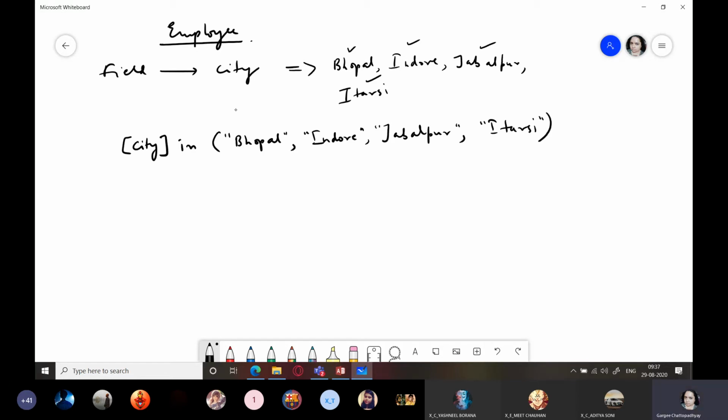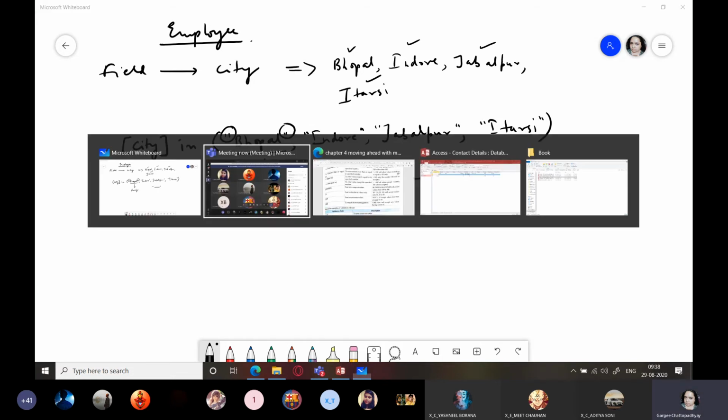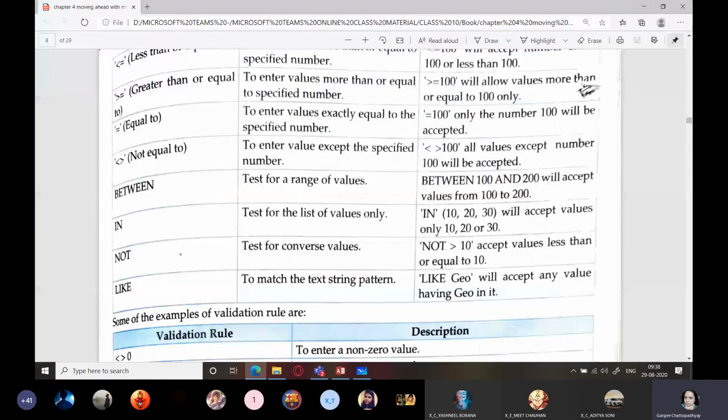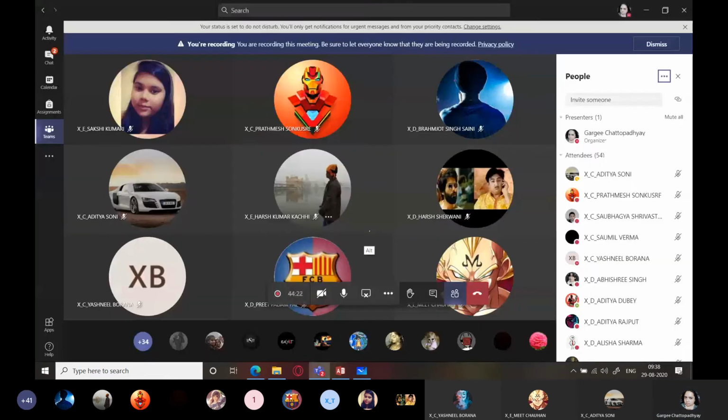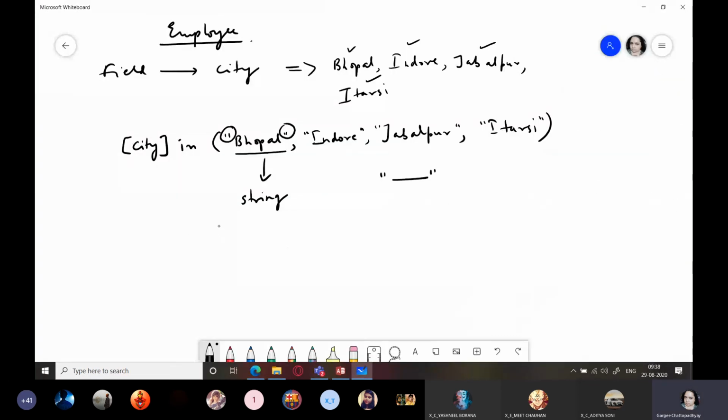And you can also note that each of these values is a string value, that is alphanumeric value. So I have enclosed that within double quotes. Okay, so this you have to pay attention to. Next is NOT IN. Suppose you want to restrict the people.